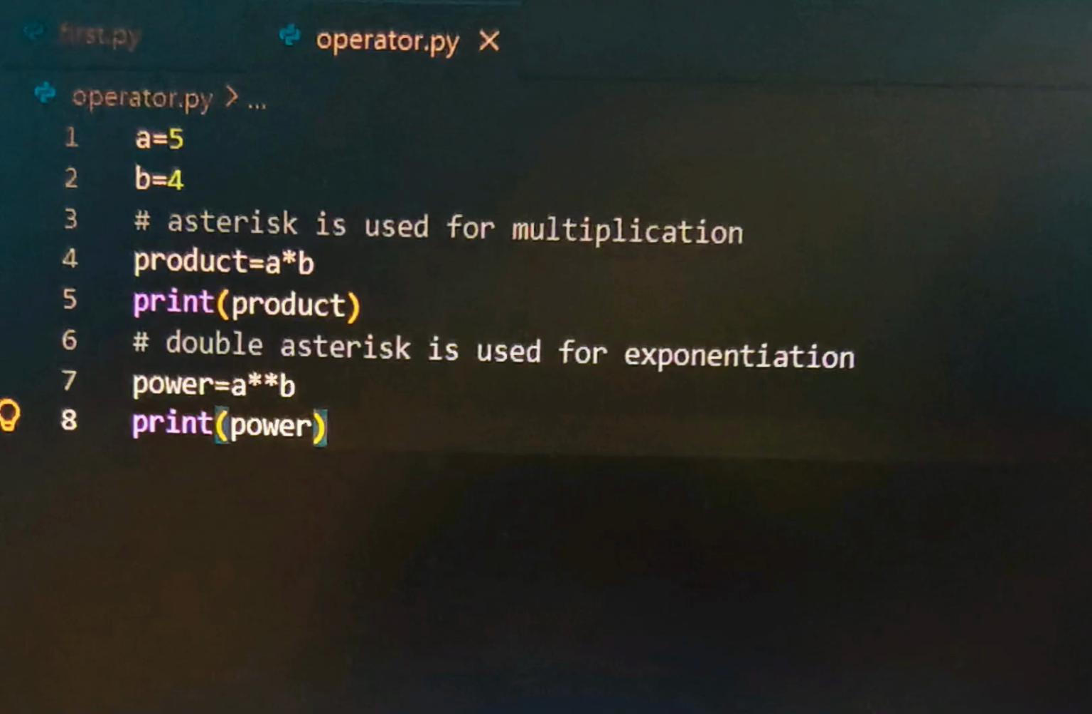In the next line again I have created a comment which says double asterisk is used for exponentiation, and in the next line I have used a variable power which contains a double asterisk b, which means I am doing the power of a, b times. I can say that I am doing 5 to the power 4. So if I print the variable power, it will give me the output of 5 to the power 4,